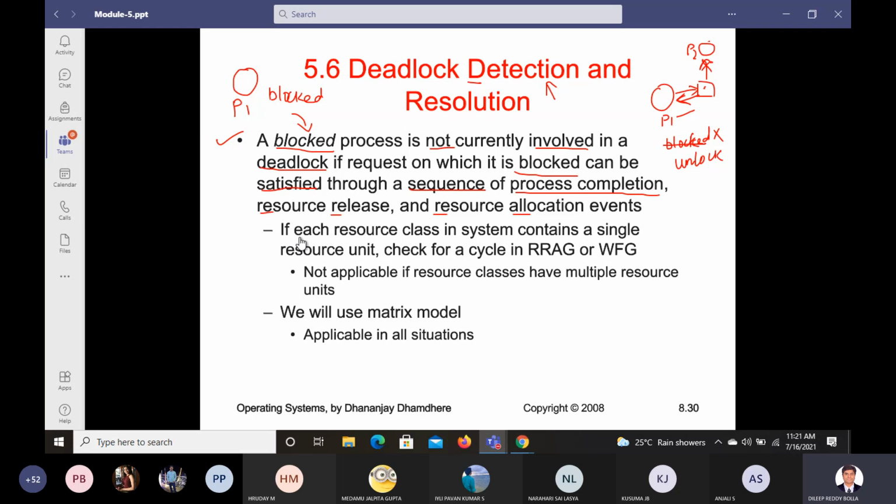Whereas you see this one here, inside this resource we have a single bullet, which means it has only one resource unit. If you have multiple resources, we have two dots. If each resource class in a system contains a single resource unit, then what will happen? Check for a cycle in the RRAG or WFG.